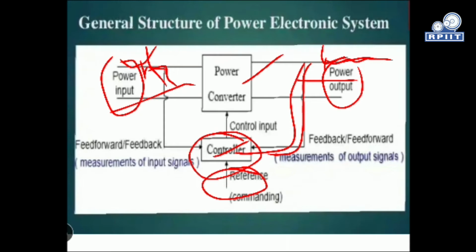So what will the controller do? It will take the output from this side, the input from this side, and the reference from that side. It will compare our input with the output, and make sense of it: this is the reference signal, and it will set our output to the reference signal, then send it to the power converter. This process will take place repeatedly until we get the desired output.